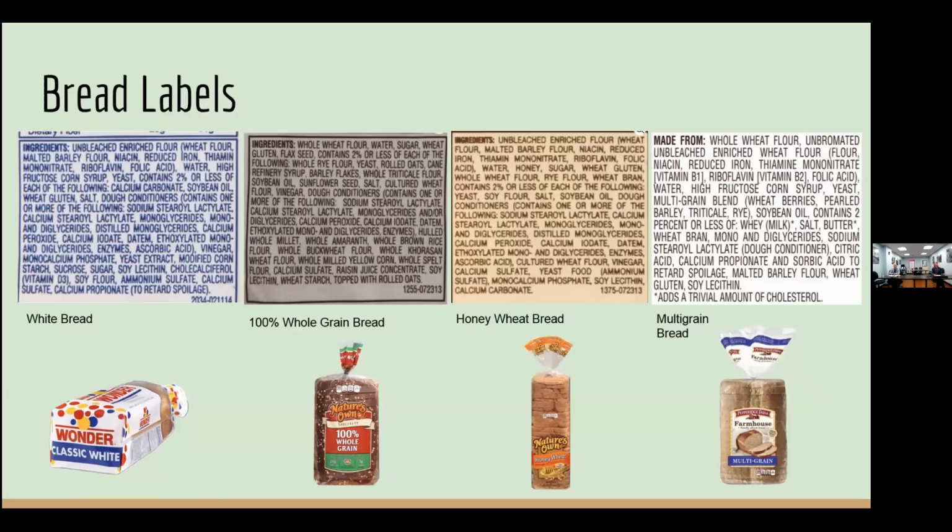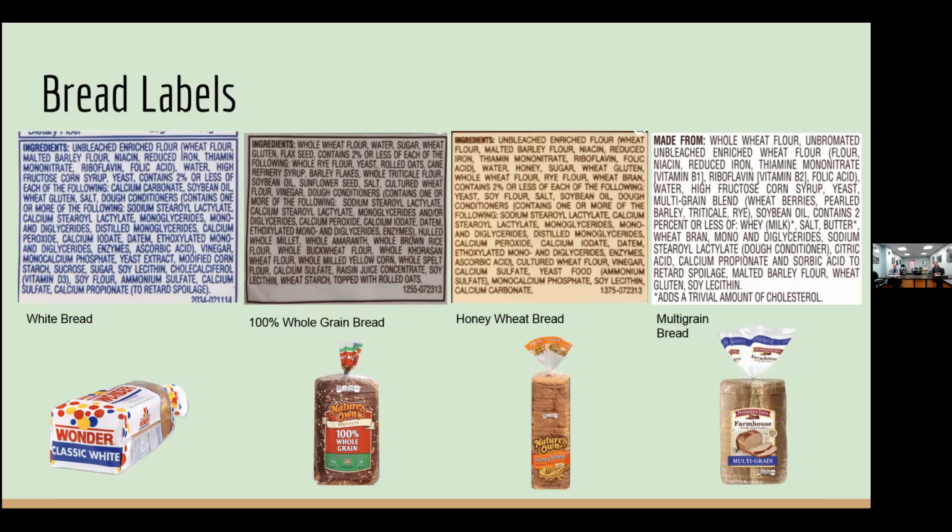So here we have 4 different bread labels. During the creation of white bread, the white bread was stripped of the nutrients, and it was just left with the carbs and some wheat proteins. Which is lacking that fiber, which is going to keep us fuller for longer. And so we see that we have honey wheat bread and multi-grain bread, but those are very similar actually to